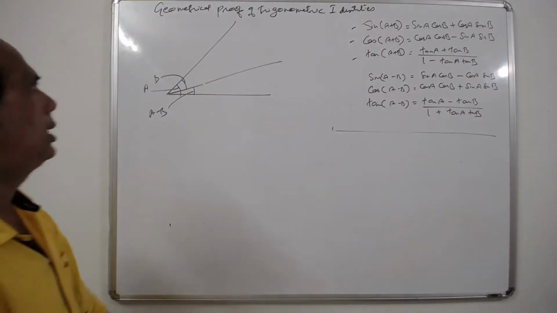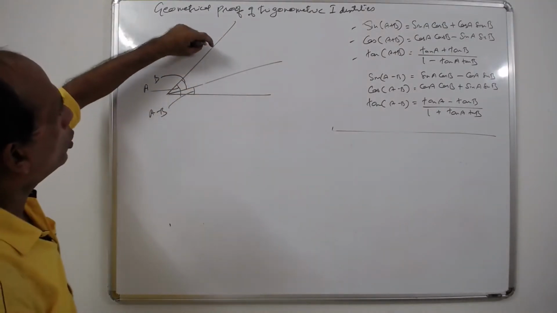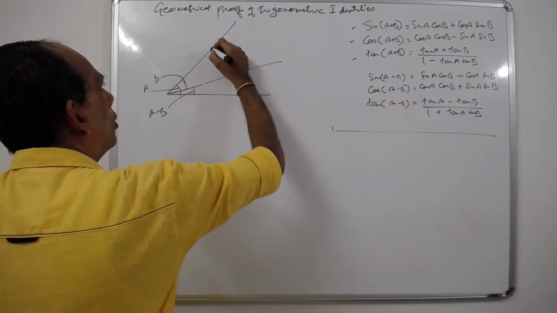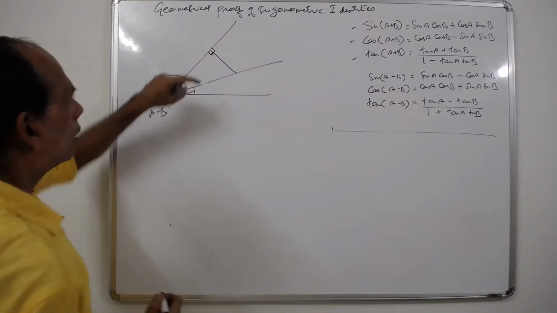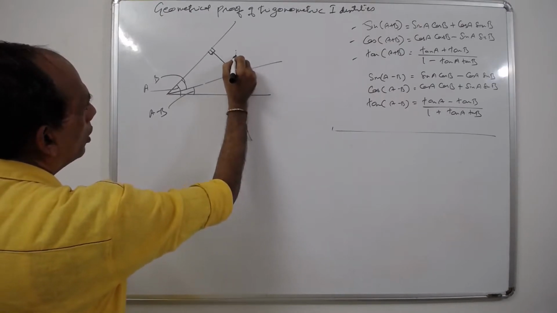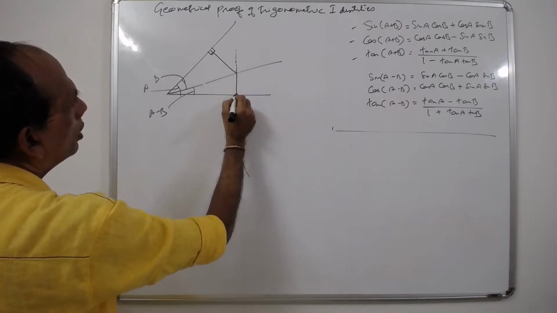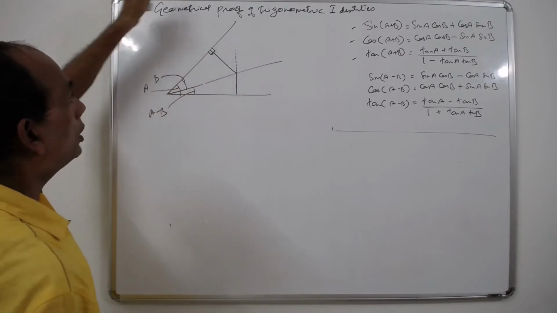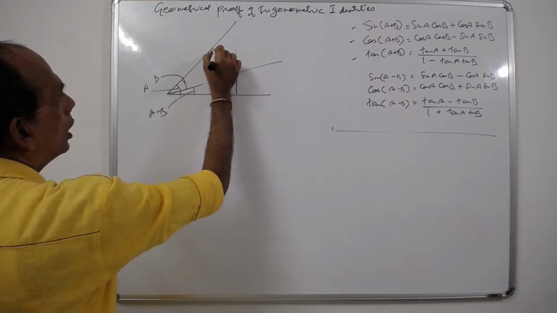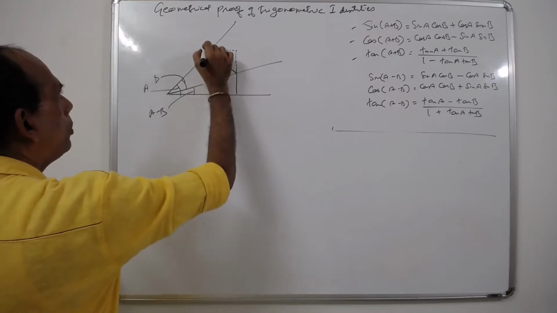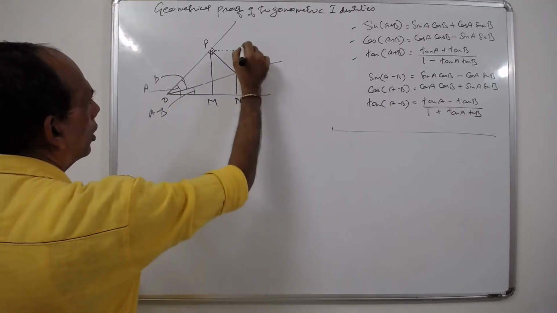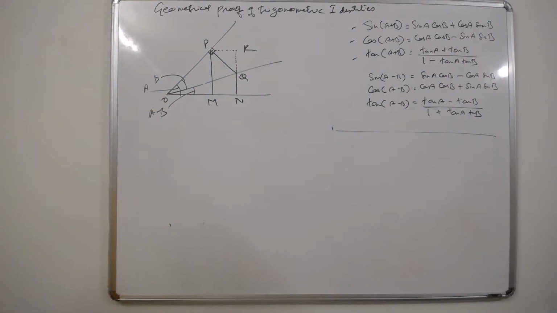Now here there is a slight change. You have to take the perpendicular to this side from the middle arm. This is my perpendicular. Now here you extend, I'll just write a dotted line, upwards so that we are getting a virtual right angle on top. This is another right angle. So I call this P like before, Q, this is M, this is O, N, and I call this R.